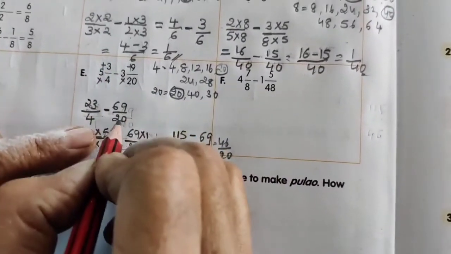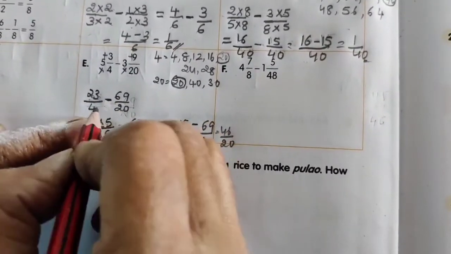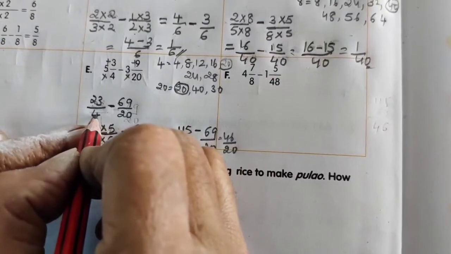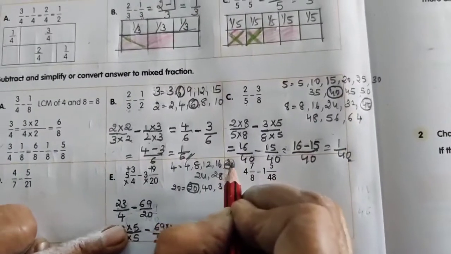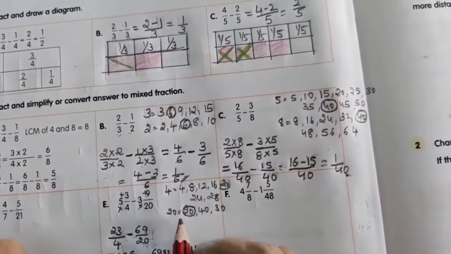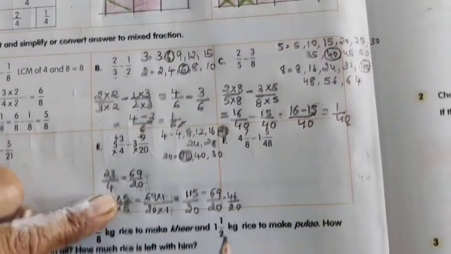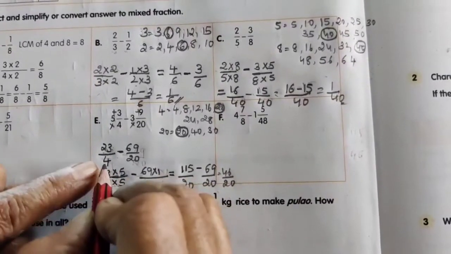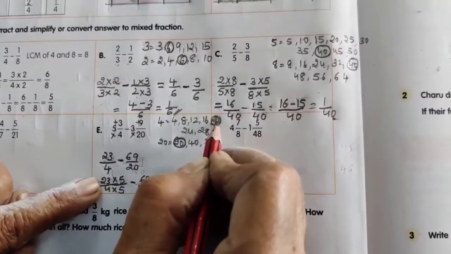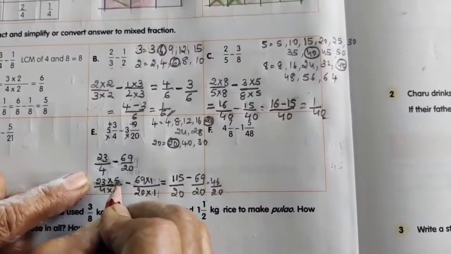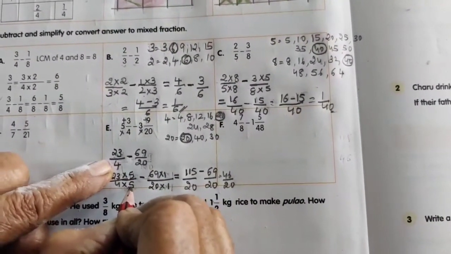Now again this is an unlike fraction. First, for subtracting, what you have to do is make it a like fraction. How will we make a like fraction? Write the multiples of 4 and 20. So here I have written the multiples of 4 and 20. Which is the common multiple here? 20 is the common multiple. Now for this, in the 4 table, what number will get 20, children? 5. 4 5s are 20. So 23 into 5 and 4 into 5. That 5 you have to multiply with both numerator and denominator.